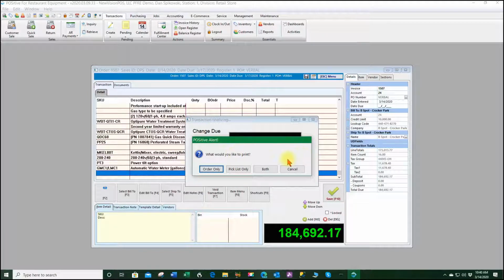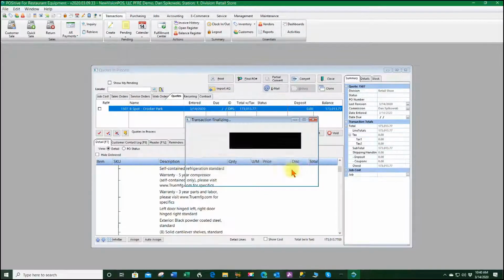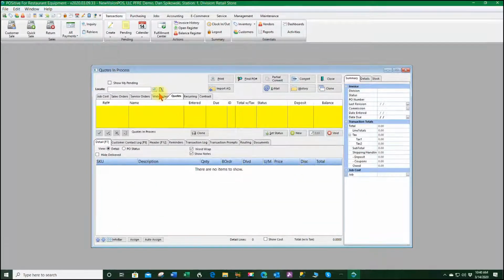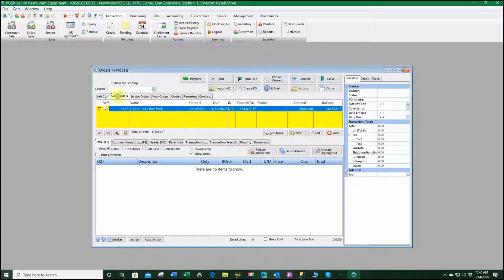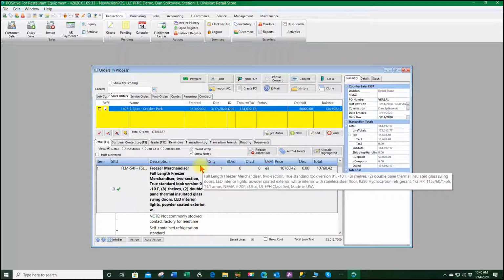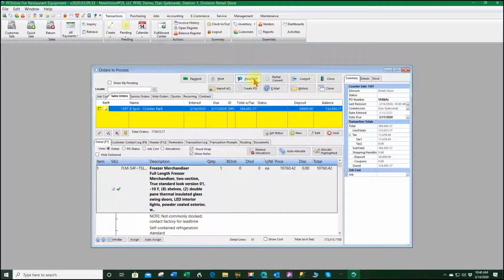Do I want to print this? I can print a picking ticket if I wish, the order, both. I'll just bypass that. Okay, so now this is a sales order. And once it's a sales order, I have the ability to create purchase orders. So if I go to my Create PO,